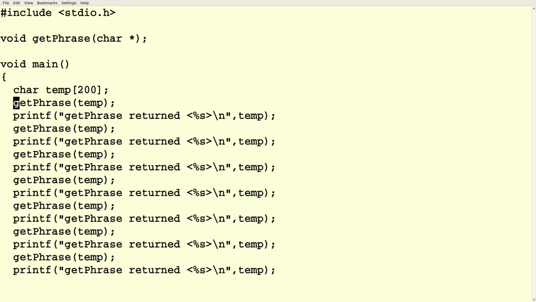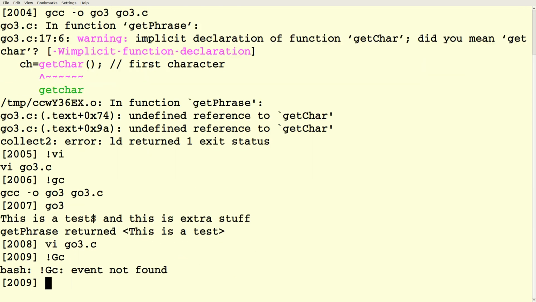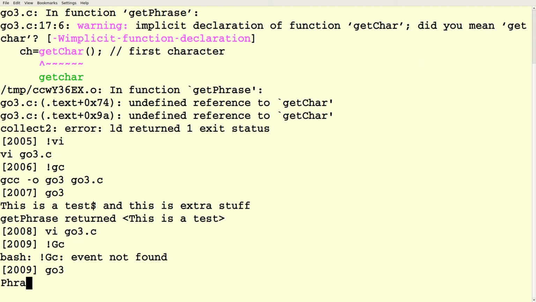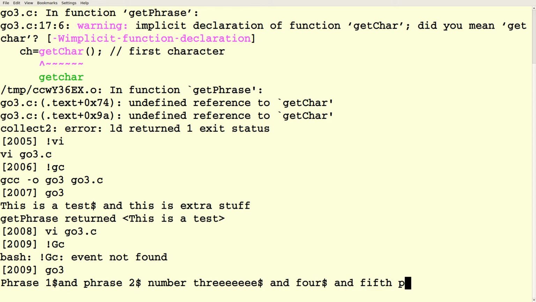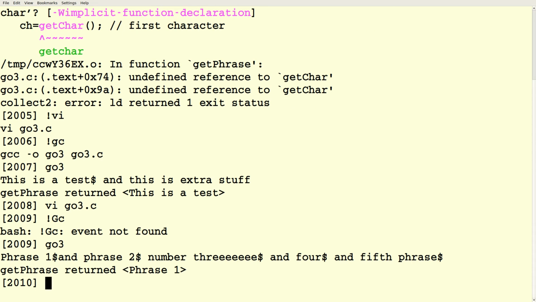And I can do this a bunch of times. And I'll get some errors at some point, but oh, that was poopy.